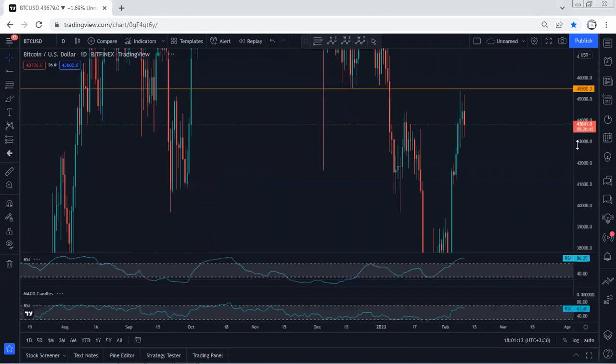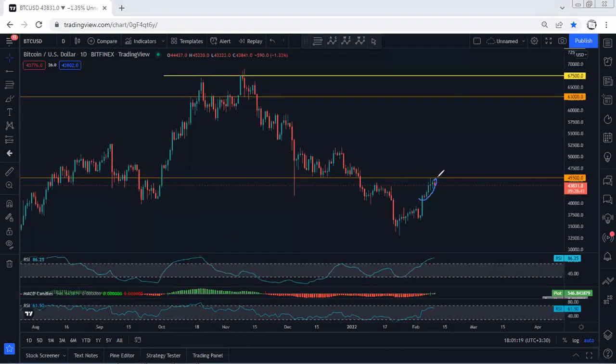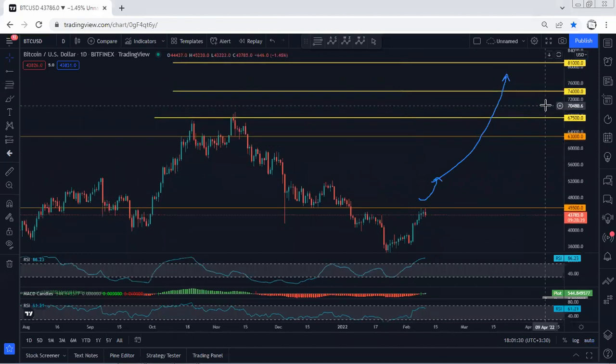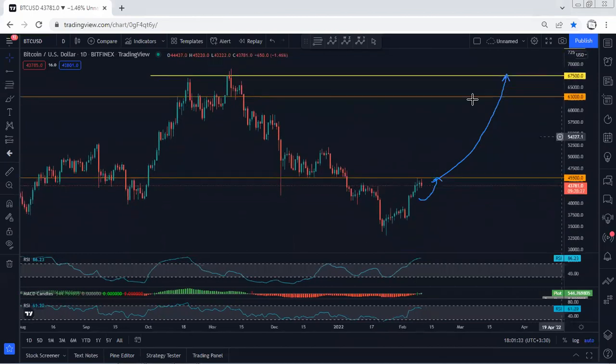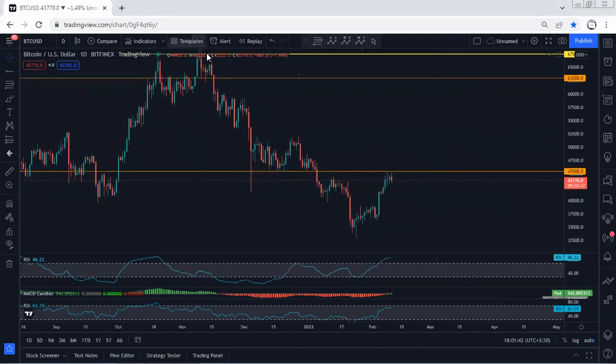By the way, we start with the daily chart, and based on the daily chart, we mentioned first we have to see the breakout of the 45,500. Then in the long term, we're looking for buy for the reversal, and with the breakout of the 67,500, we're looking for 74k, followed by 81k. Now the question is whether we have a trade setup for buy at this point or not. Based on the daily chart, we prefer to see the daily correction. That means if the price consolidates here for a longer time, it can give us better confirmation for continuation.